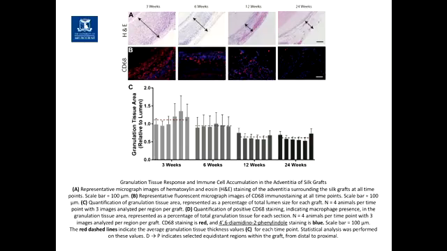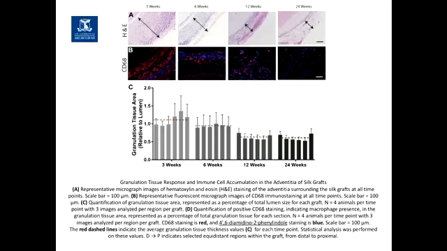So they had a look at granulation tissue response and then also foreign body response with different macrophages. So the H&E images, where the arrow is showing you how much granulation tissue has formed over time and how much that is shrinking. So you can see over the period that it's being implanted, there is a lot of granulation tissue at first, but it's not staying there. It's shrinking, I won't say becoming part of the animal, but you're not getting a prolonged granulation tissue response. You want some, you don't want it to be sustained.